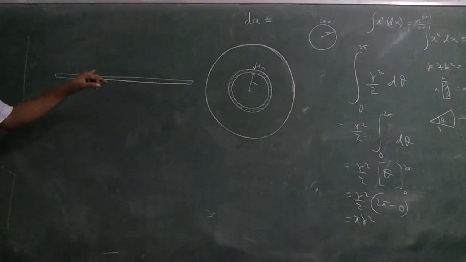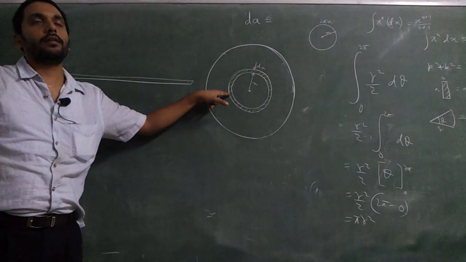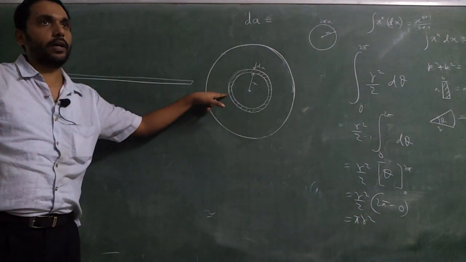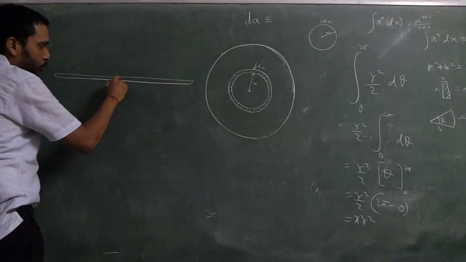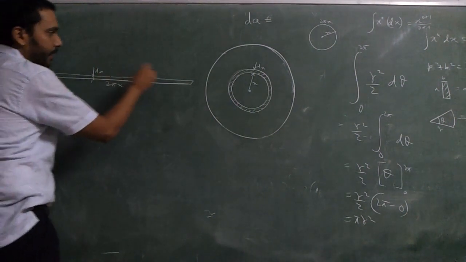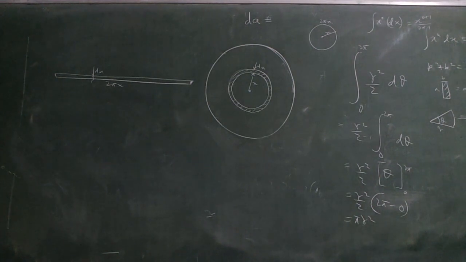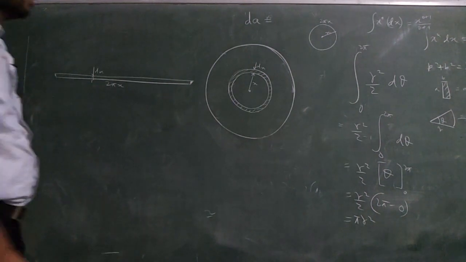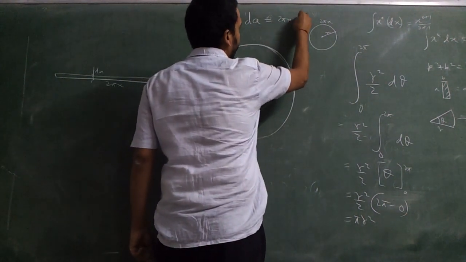So this, if you open up, if you cut the strip anywhere, Ritvik, if you cut the strip anywhere and open it up, this length will be equal to what? 2 pi x, and the thickness is how much? Dx. So what will be this area? You can ignore the little area left at the end. That is what we are ignoring in all the integrations. Okay? Little edges at the end. Why? Because the dx is so small that those areas will not matter. So the area of this small strip will be 2 pi x dot dx.